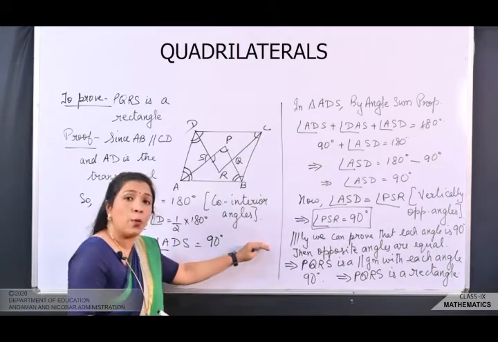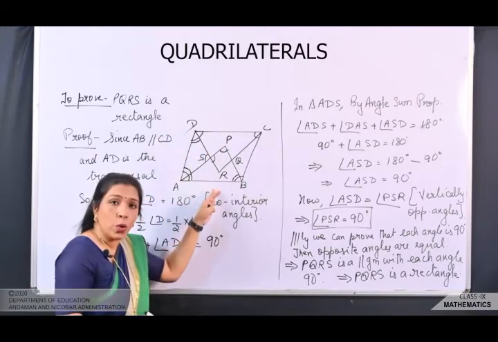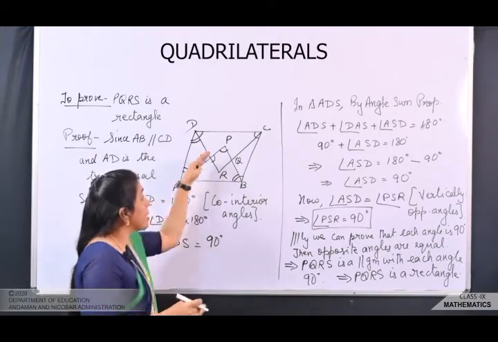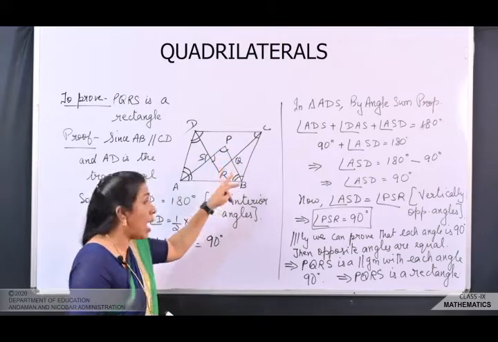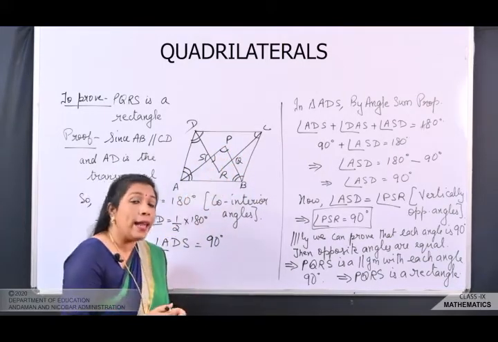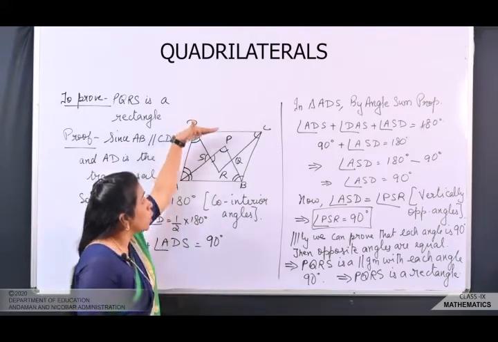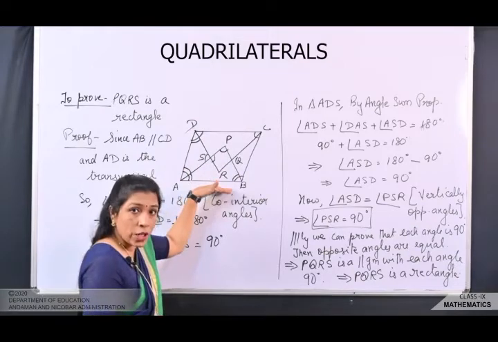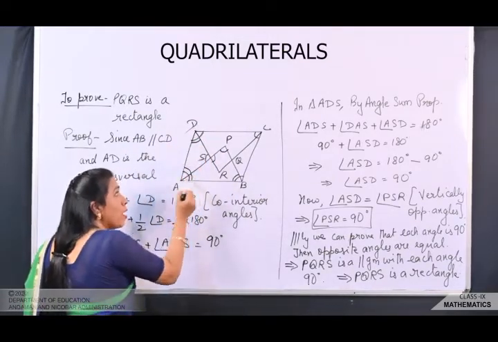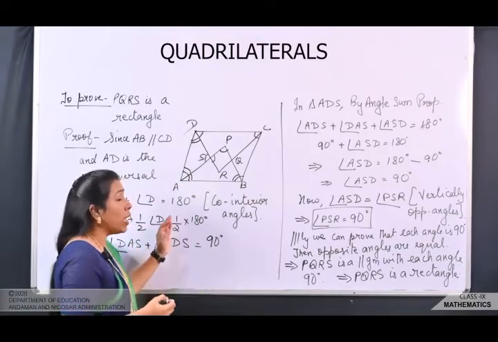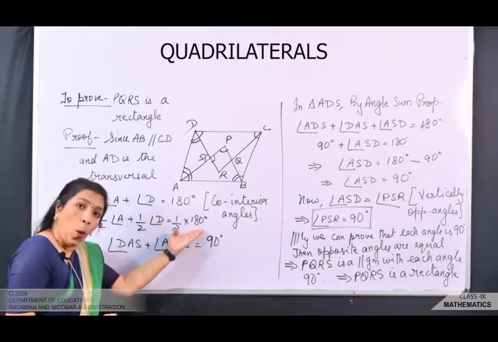अब ये question पे मैं आपको और एक बार समझा देती हूँ. Here a parallelogram is given to you and it is told कि the bisectors of all the four angles are forming a quadrilateral. You have to prove that this quadrilateral is again a rectangle. So what did we do here? We took that these two lines are parallel to each other and this is the transversal. So sum of these two angles are 180 degree because they are forming co-interior angles. And then we introduced half to both the sides.